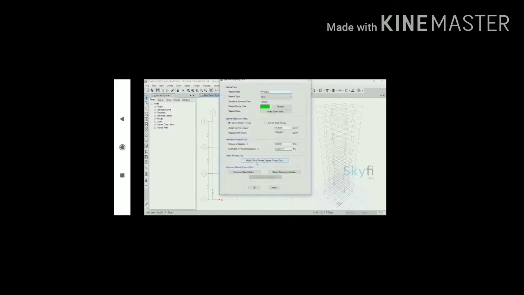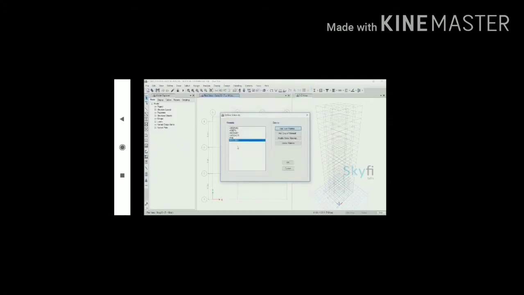The bottom of story and the response reduction are taken as 3, as you can see there. So from the run analysis we can run the different things we want, like the response spectrum.